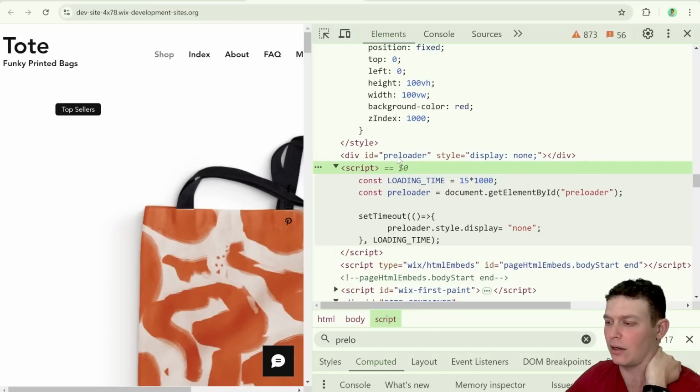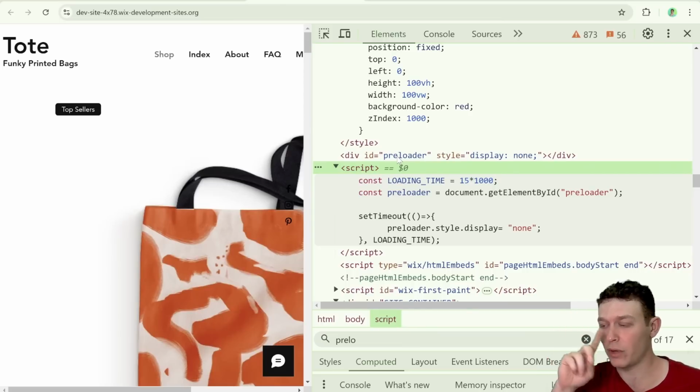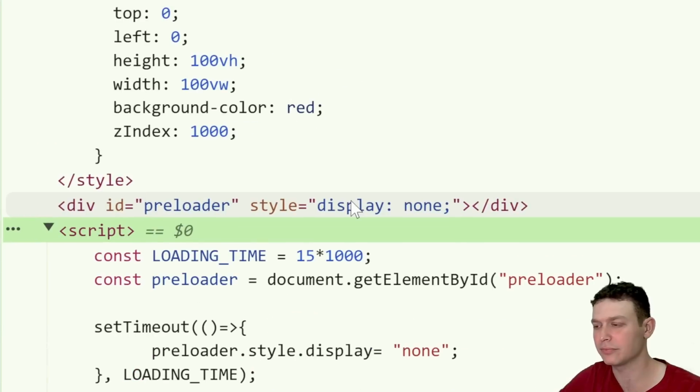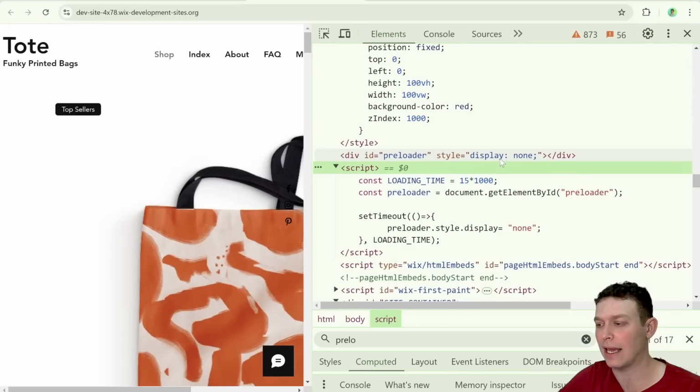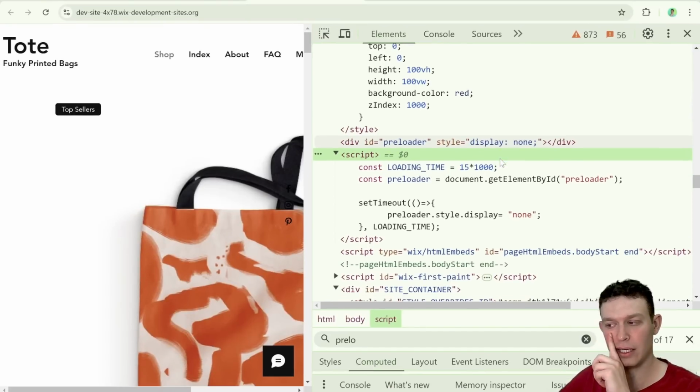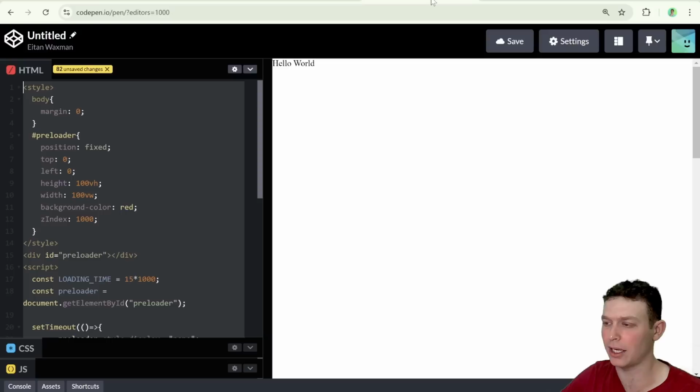Because Wix actually renders your page twice. So it renders it once on the server side, and then it renders it another time on the client side. So what might be happening here is that when they rendered this on the server side, it preset the display to be none. And then when the page loaded, it doesn't load the preloader because it's set to be display none. So what I'm going to try and do, let me add in a line of code